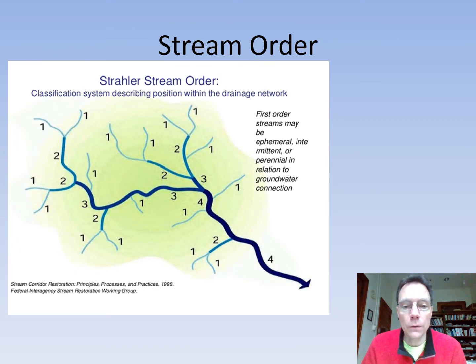Another thing that's good for you to know that stream ecologists often talk about is stream order. So we have a system of naming streams with numbers. The very smallest streams that you could probably jump across with one big step are called first order streams. When a first order stream joins another first order stream, now it's called a second order stream. To jump to the next level, you have to join a stream that's at least your own size. So here a second order stream is joining another second order stream, and we get a third order stream. A third joining a first, it still remains a third. You have to join another third, or way over here, to get to be a fourth order stream. So if you're talking about a first, second, maybe third order stream, those are pretty small.